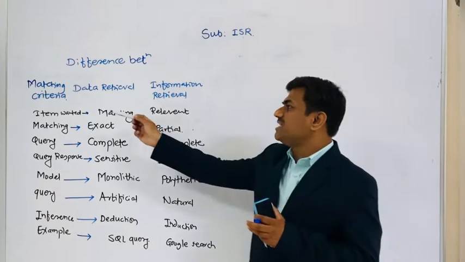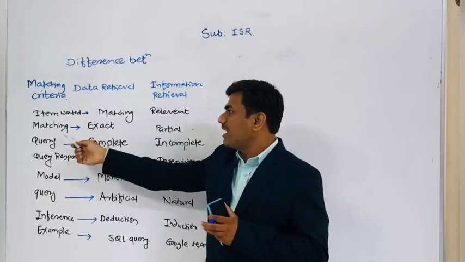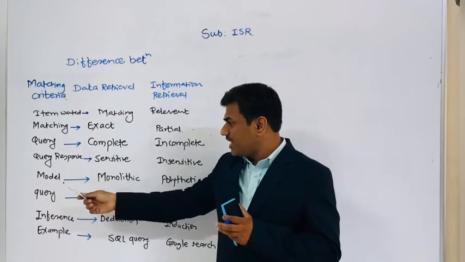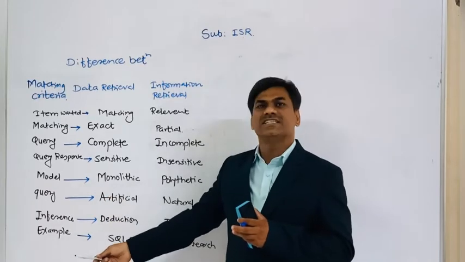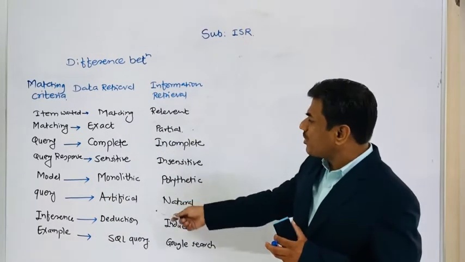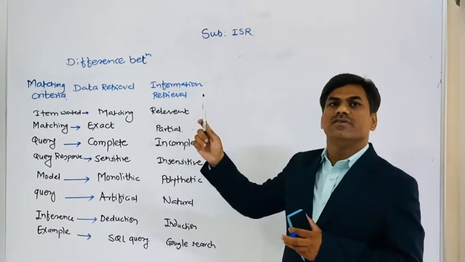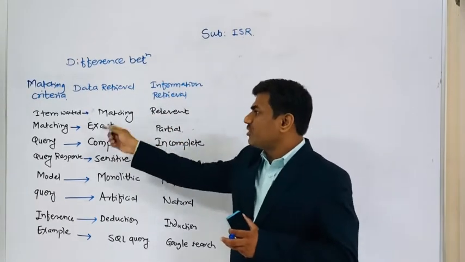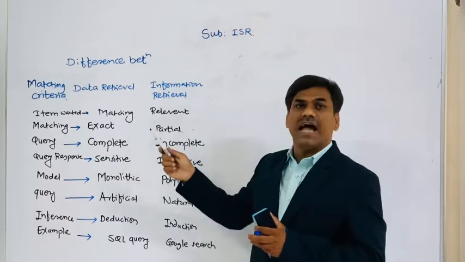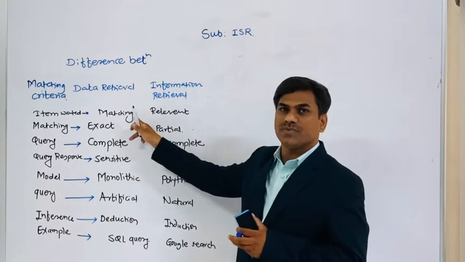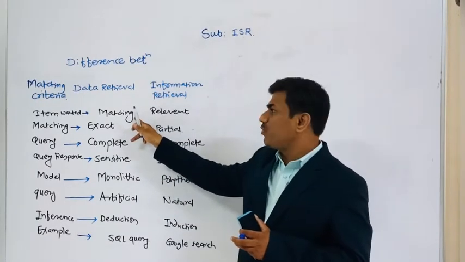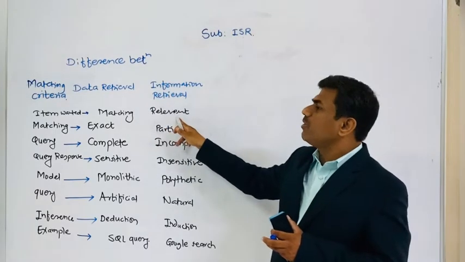Here these are the matching criteria: item wanted, matching, query, query response, model, query, inference, and example. And these are the points of difference between data retrieval and information retrieval. The very first point: item wanted. Here in data retrieval we want exactly matching items, and in information retrieval we want